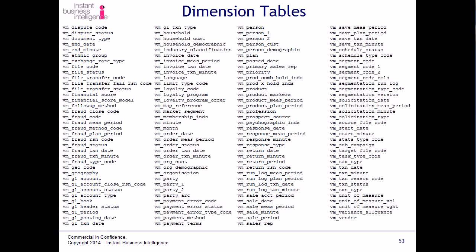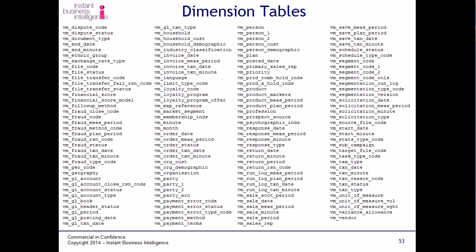We have VM household, which is any household that we know about. Then we have households which are customers, as opposed to households we know which are not customers. We have household demographic information, industry classifications, so the data provider's classification for industry codes, language, invoice dimensions, then the language the person speaks or the various languages defined,